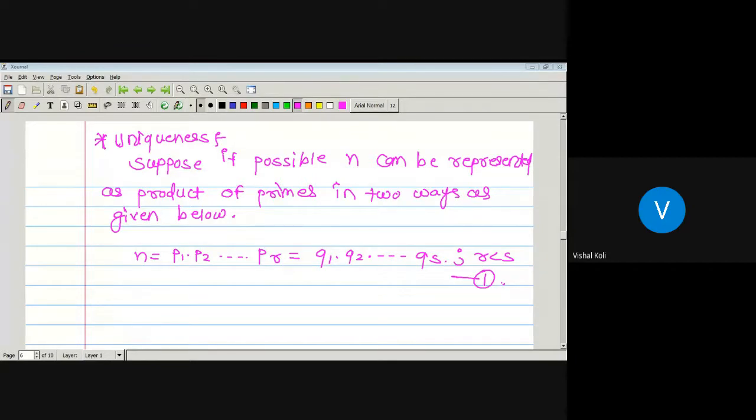Now here there are two possibilities. Either this R is greater than S or S is greater than R. But if R is equal to S, then obviously these primes are equal to these primes. It means the product of these primes will be equal to the product of these primes. It means any among these Q1, Q2 up to so on QS is nothing but P1. Any among these is nothing but P2, and up to so on, any among these is nothing but PR. But here we will assume the other way, that is, either R is greater than S or R is less than S. Then only is it possible that these are two different ways. But if R is equal to S, then these are the same. So here we will take R less than S.